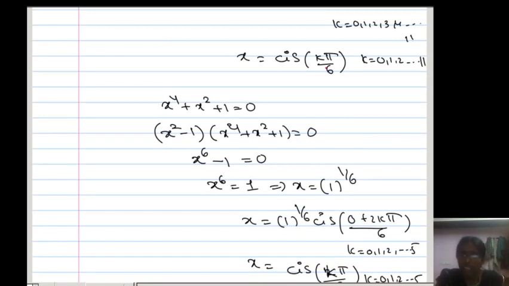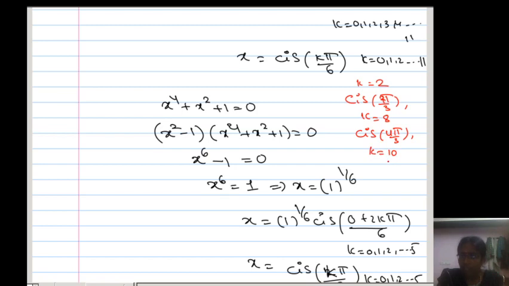If I substitute k equal to 2, what happened? 2 pi by 6 can be written as pi by 3. Is it? Yeah. Next, suppose k is equal to 8, then what happened? 2 into 8 by 12, 2 threes are 6. If k is equal to 8, it will become cis 4 pi by 3. Yes. Next, if k is equal to 10, what happened?